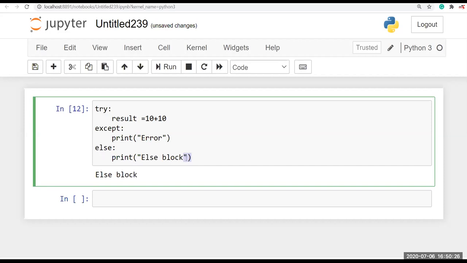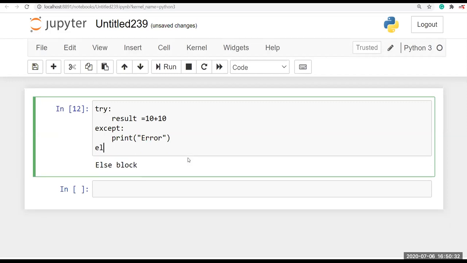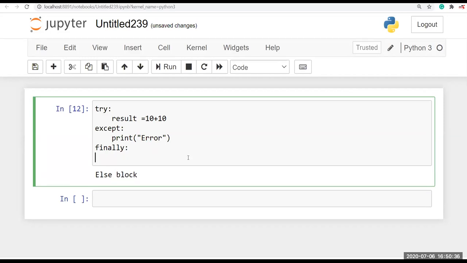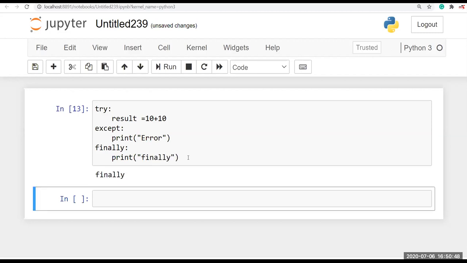Okay, and then next we'll go with finally. Here I just print finally. I run this.